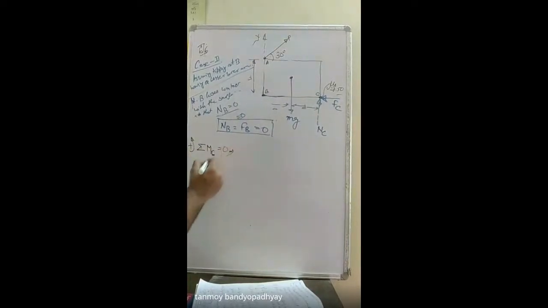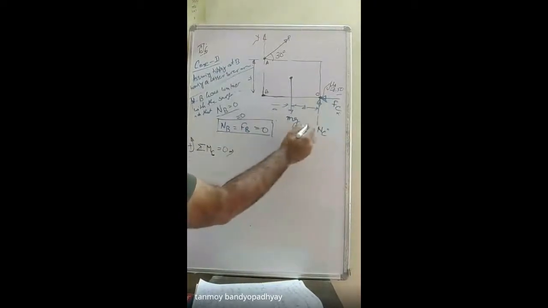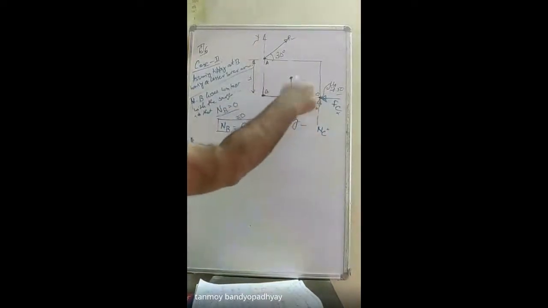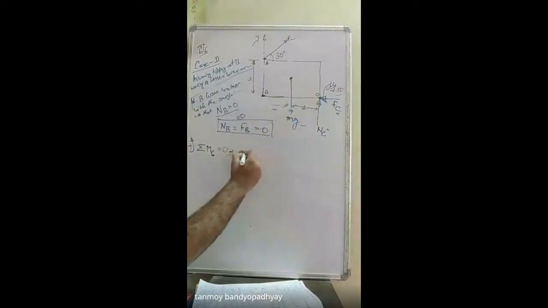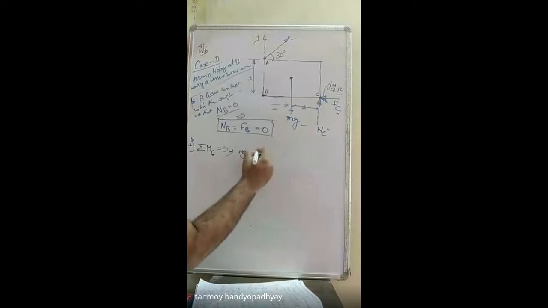So if I take the moments at the point C, anti-clockwise I am taking as positive. So C point is, দেখো, a pointer will have no moment, this will have no moment. Only this one will have a moment and this one will have a moment. So mg moment টা কত হবে? So mg about the point C is anti-clockwise. So mg into what is the vertical distance? So the line of action থেকে this distance is d.